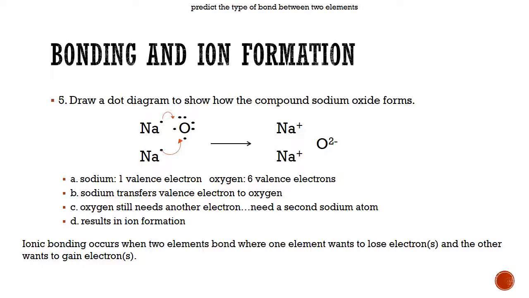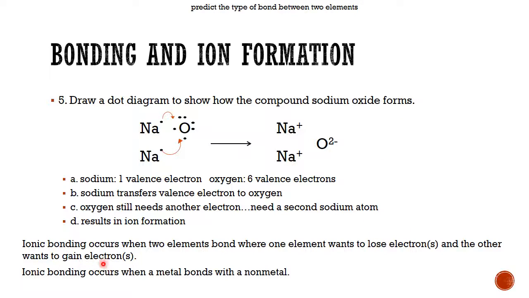So what we want to look at here is ionic bonding. It occurs whenever 2 elements bond where one element wants to lose electrons and the other wants to gain electrons. Now if we think about that in terms of the types of elements on the periodic table, what we could say is that ionic bonding occurs whenever metals bond with a nonmetal because metals want to lose electrons and nonmetals